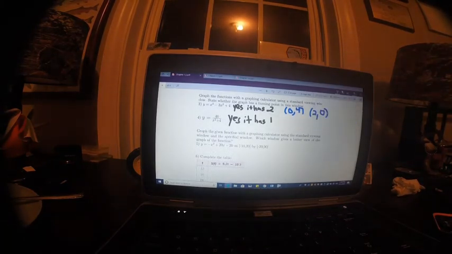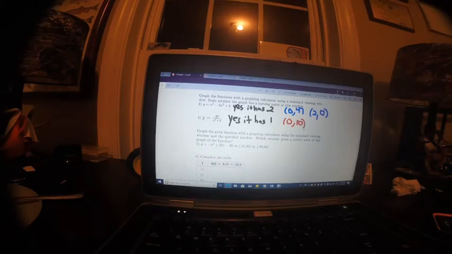So, I don't know, we'll do this one in this color. 0, 10. So, we have found our turning points. Some are maxes, some are mins. We'll work on that a little bit later. But you should be able to state whether or not it has a turning point. Pretty easy and straightforward. Number 5 says graph the given function with a graphing calculator using the standard viewing window